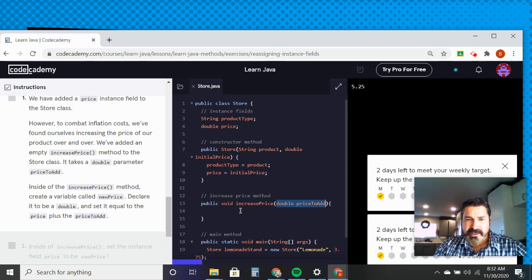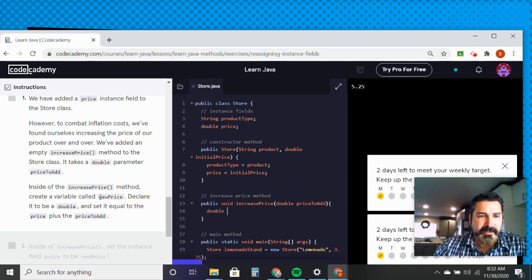Okay, so we're going to click right here, and we're going to say double, and we're going to call it new price. So we'll copy and paste that to get it just right. And we're going to use our assignment operators and set it equal to the price plus the price to add. So right here we have